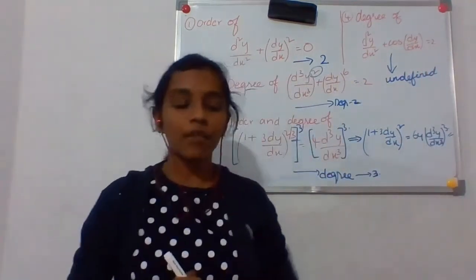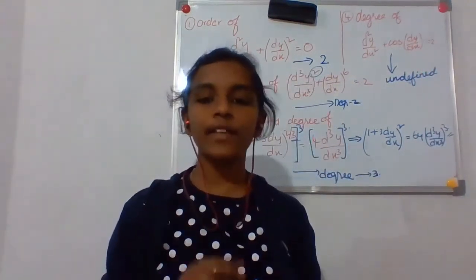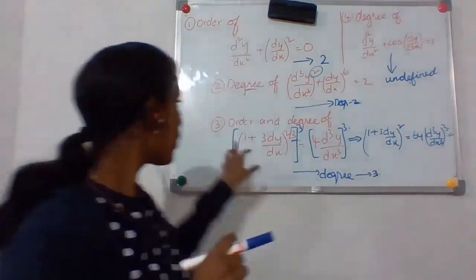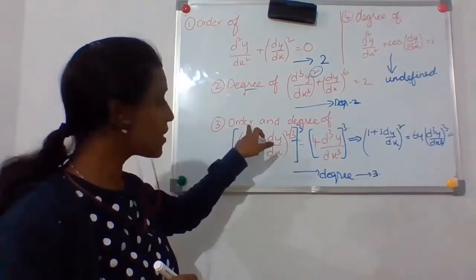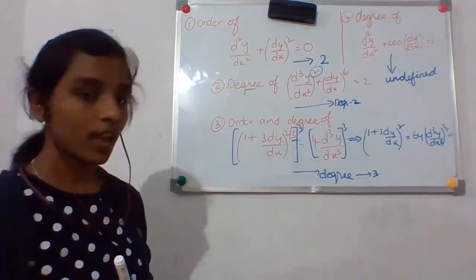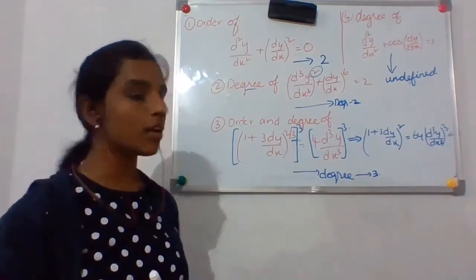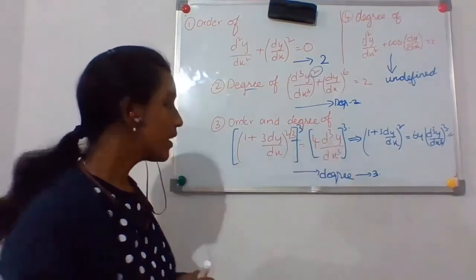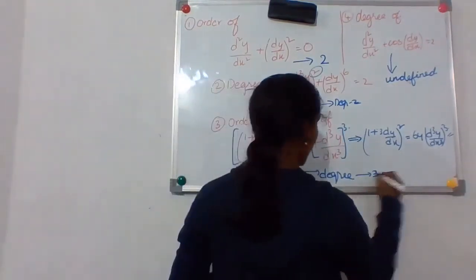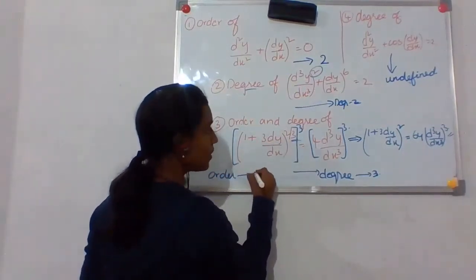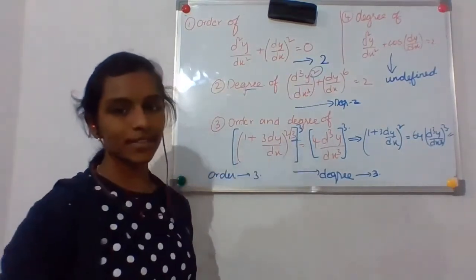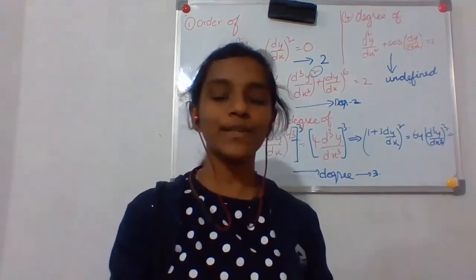Okay. So we have covered all the models of finding the degree and order of the differential equation. Here we have forgotten to find the order, right? So what is the order of this differential equation? Order is also, we take the highest order. So the highest order over here is 3. So degree is 3 and order is also 3. Right? So that's it. Now let us move into the next topic.